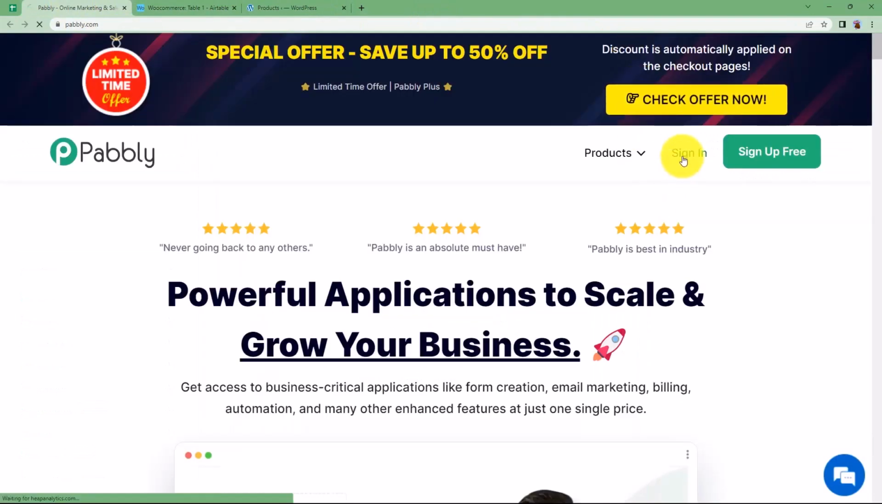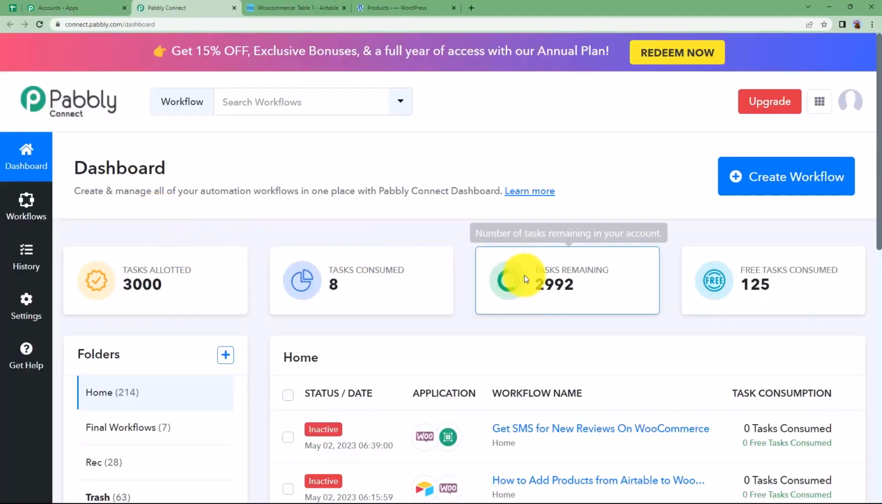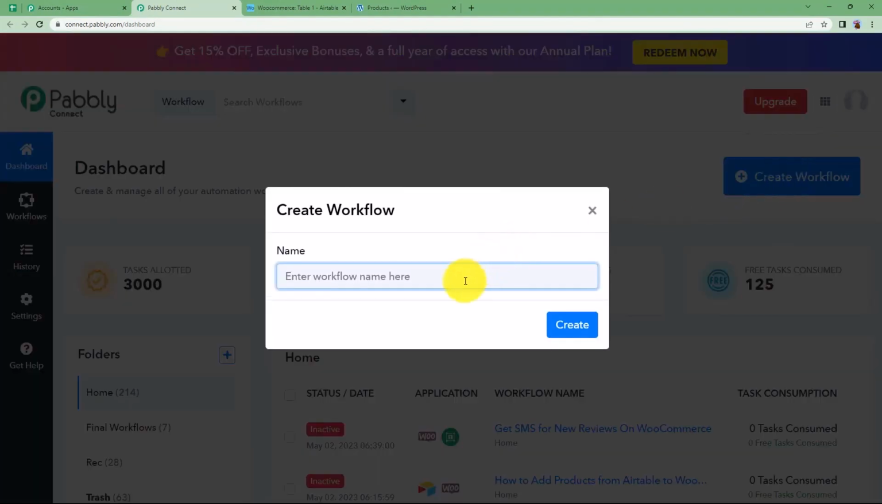Quickly sign in to our account so that we will reach this place where I can see all these applications provided by Pabbly, and we are going to use Pabbly Connect to integrate the two applications, WooCommerce and Airtable today. Click on Access Now. That will take you to the dashboard of Pabbly Connect. Click on this big blue button on your right side where it's written Create Workflow and give a suitable name to your workflow. I'm going to name it